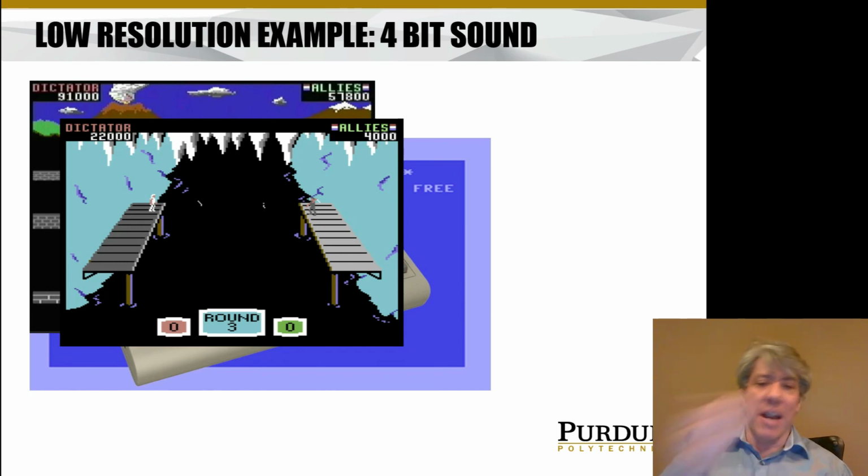And there was another knife fight at the end. This was another level in the game. I don't remember which person you were. I think the dictator, the bad guy, was on the left side, and the allies, the good guys, were on the right. And you had to throw a knife across. Of course, he was throwing knives at you. And I don't remember whatever he said whenever he got hit. Something like, ugh, or, when he threw a knife, he'd say, you'll never defeat me, or whatever. I don't remember. But the point is, it was just neat that you could hear this sampled sound that wasn't